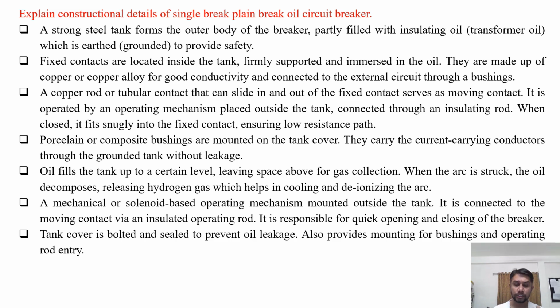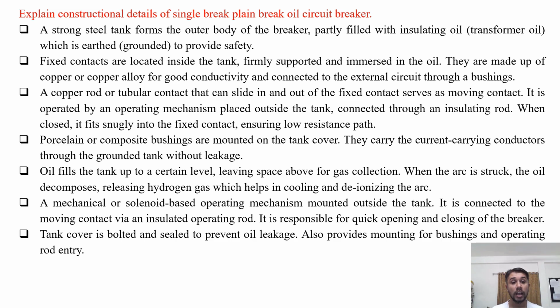through it. Porcelain or composite bushings are mounted on the tank cover. They carry the current carrying conductors through the grounded tank without leakage. So the fixed contacts are mounted under the bushings like this. Oil fills the tank up to a certain level, leaving some space above the oil level, because the tank is partly filled and some part is serving as an air cushion for gas collection. When the arc is struck, the oil decomposes, releasing hydrogen gas which helps in cooling and deionizing